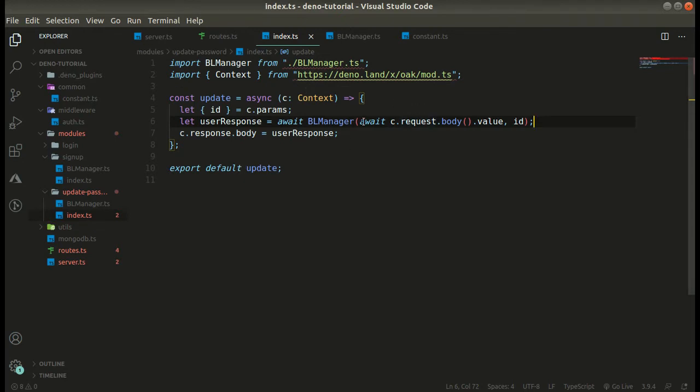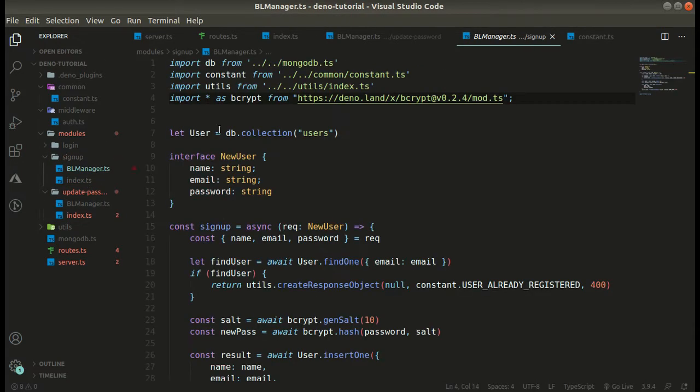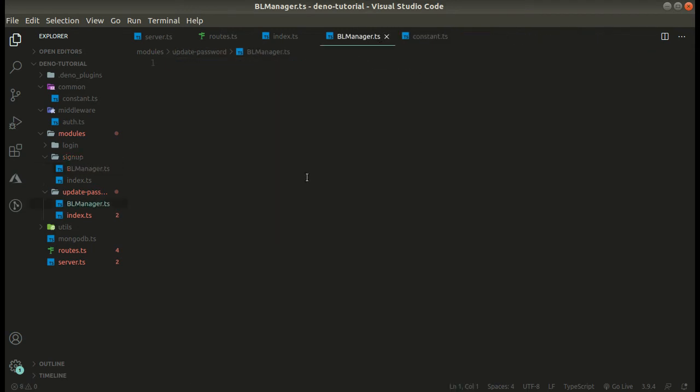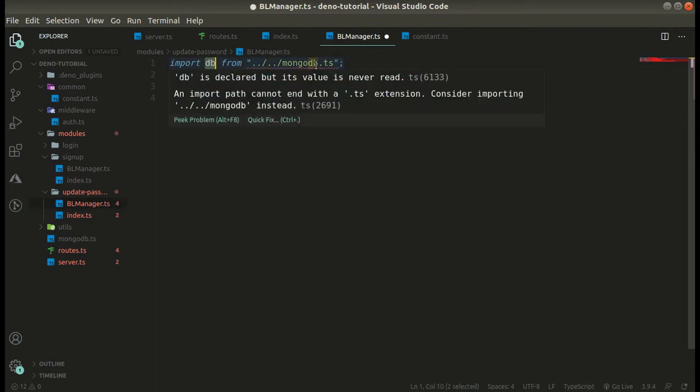Now let's code the BL manager, and in this first let's import all the required dependencies, and I guess we have the same dependencies. So here first we will import db from our mongodb file.